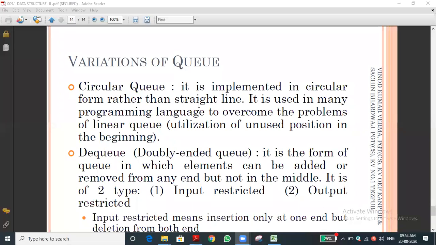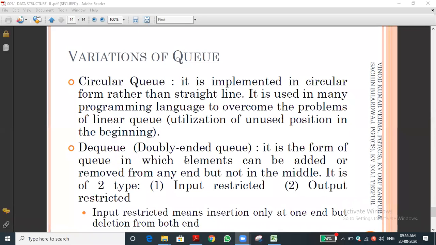Variations of queue. There are types of queue. You can see circular queue. This concept is used in the array. For example, circular queue means, instead of a list, you are seeing the list is like a train compartment, one by one, A of 0, A of 1. Can you imagine the next element? No, circular means it is in the circle position. Just draw a circle. All the elements will be stored in the circular one, in order to utilize the empty spaces. For that purpose only the circular queue will be there.